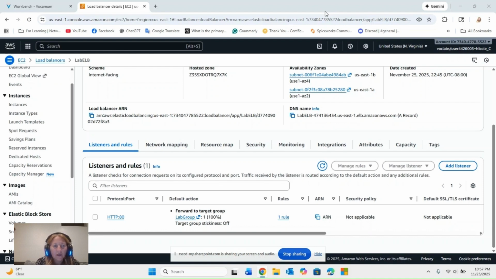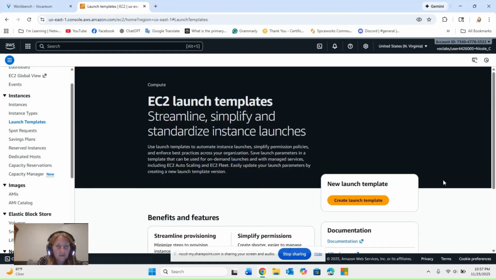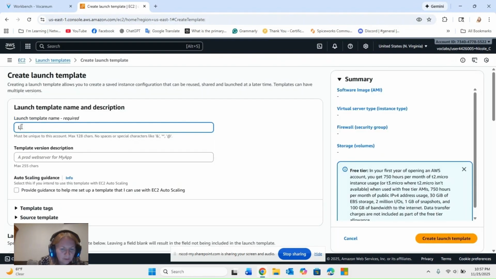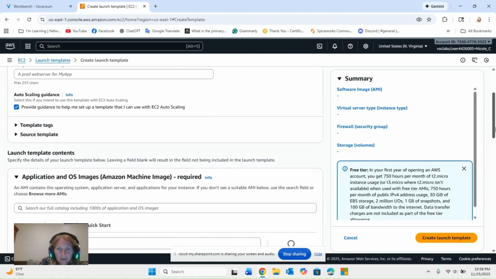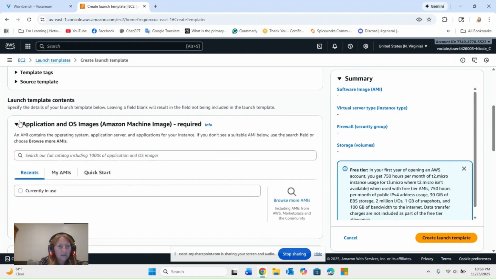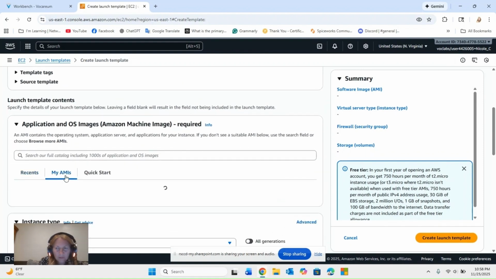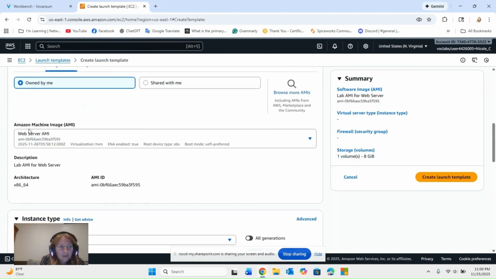In this task, I will create a launch template for my autoscaling group. In the left, choose launch templates, choose create launch template, name lab config. Under autoscaling, select provide guidance. In the application and OS images, select my AMI. In the Amazon machine image,